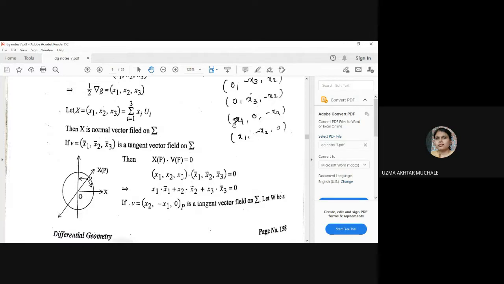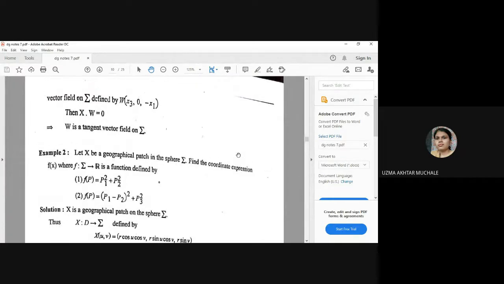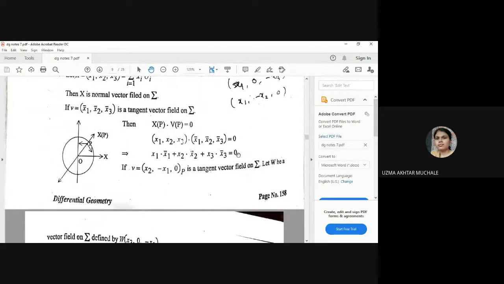Similarly, you can go for the third vector. What is the third vector? Sorry, it should be x3 here, and here it should be x1. So this third vector is wrong, and the fourth vector is also wrong. You can have many combinations, and actually 6 combinations are possible in which the dot product is 0. But now if you see here x2, minus x1, 0, and here it is x1, x2, x3. Hence we have to find one vector v such that the dot product of v with the normal vector is equal to 0.